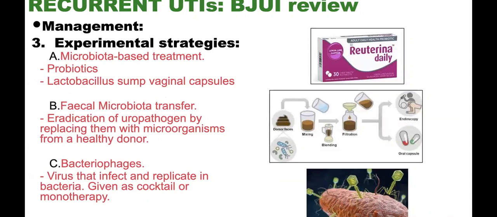So the use of probiotics, they felt, was a dramatic improvement in frequency of UTIs. And then the novel treatment of fecal microbiota transfer, where basically microbials from a healthy young patient are transferred in the form of capsules or enemas into patients with recurrent infections. They found that these patients, after getting these capsules or enemas, had decreased frequency of UTIs.